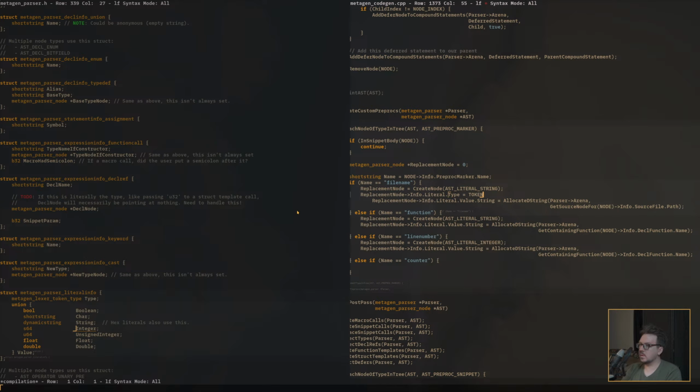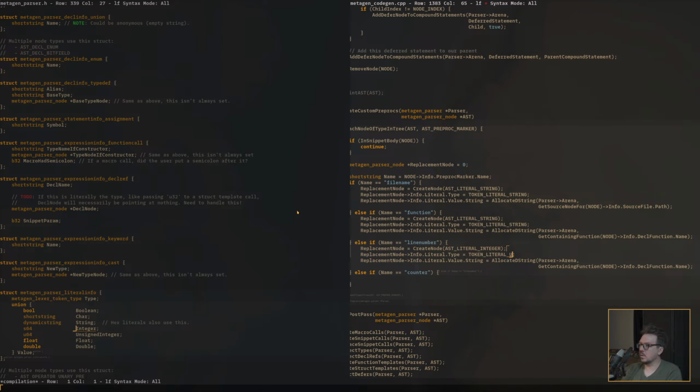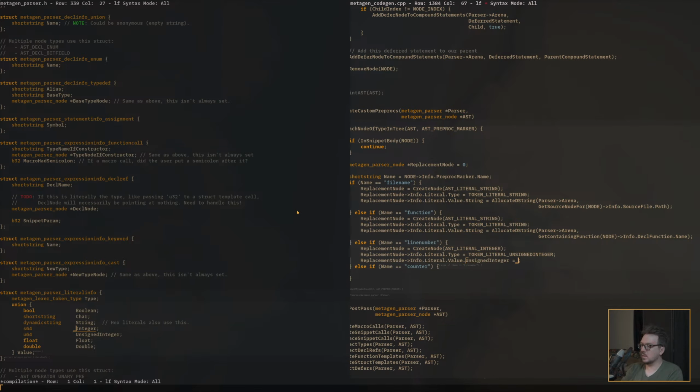Type is token literal string. This one is token literal string. This one is token literal unsigned int. And this will be unsigned integer is